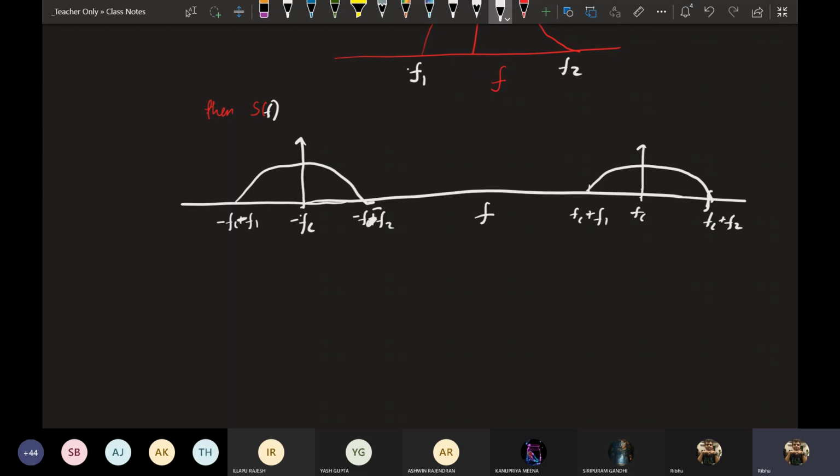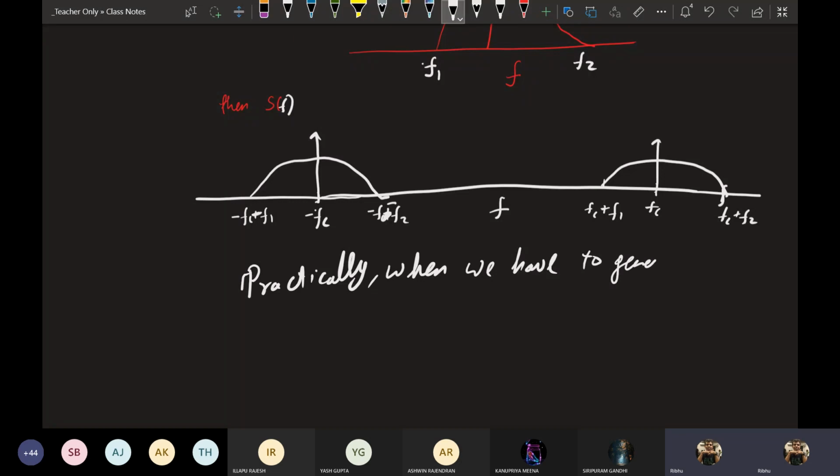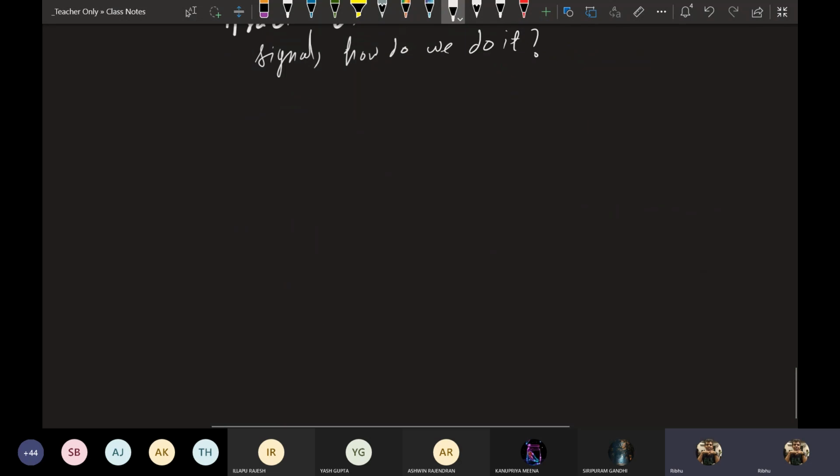And it's good that once we know this, the question now is: practically, when we have to generate an AM signal, how do we do it? The answer is